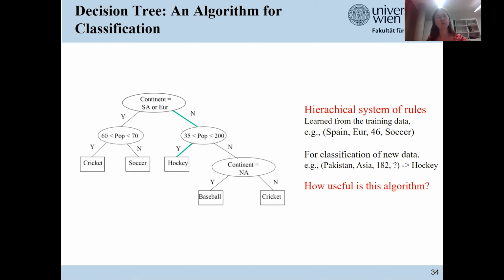What do you think? How useful is this algorithm? It depends on the quality of the training data. As it is, it is not very useful. Indeed, maybe you know that the favorite sport in Pakistan is not hockey, but instead it is cricket. But this doesn't matter. In general, we have built this model on a very limited training data set. That's the reason that it's not so accurate and not very well generalized to new or unseen objects.